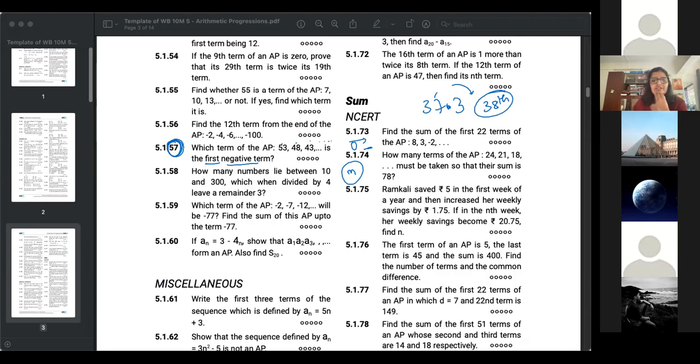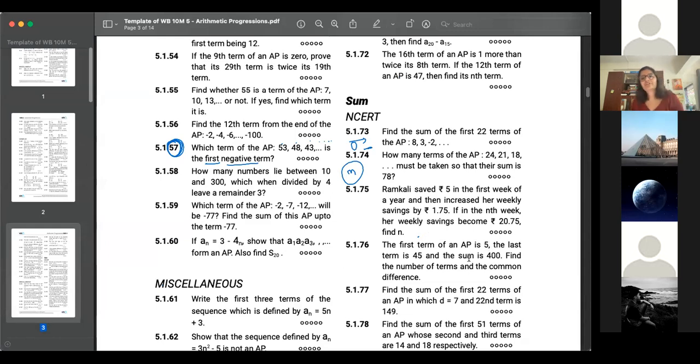So that's how you can figure it out. Okay, so do question number 57 now. Tell me the final answer, which term is coming as the first negative term, and then we'll do 58. Don't worry about it, we're still doing level 1. So eventually when we complete the chapter, we're going to do all types of questions.